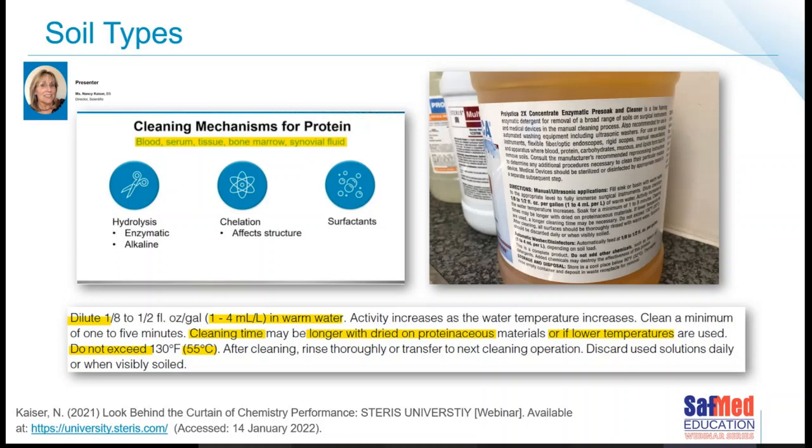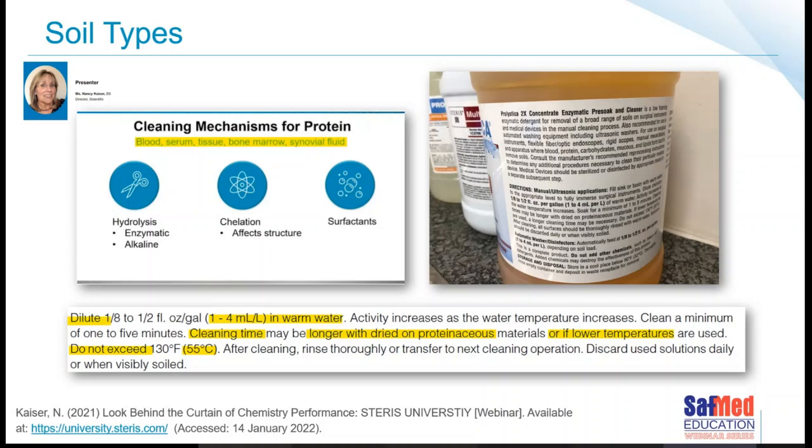Chelations, apparently, this is what Nancy taught me, help to break down the secondary structures of protein molecules. And as we said, the surfactants will lift off the soils, making them available from all sides to be broken down. When you're using your cleaning chemistries, always remember to read the label and follow the manufacturer's instructions for use. An example of a chemistry here are